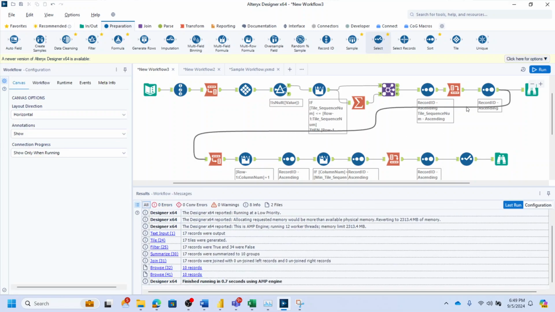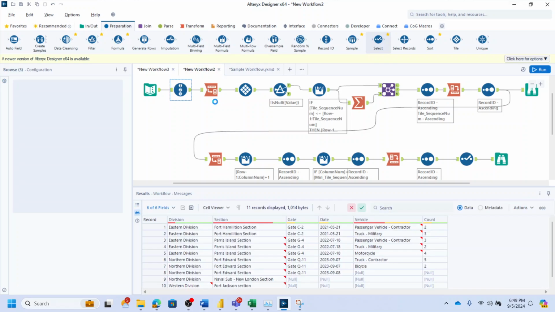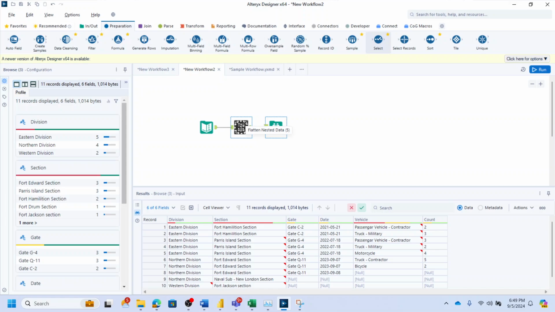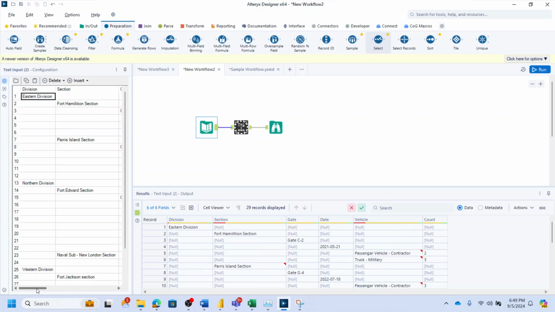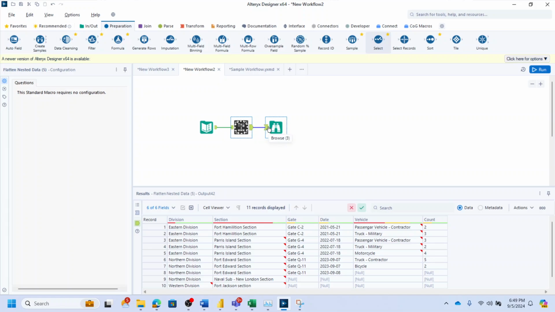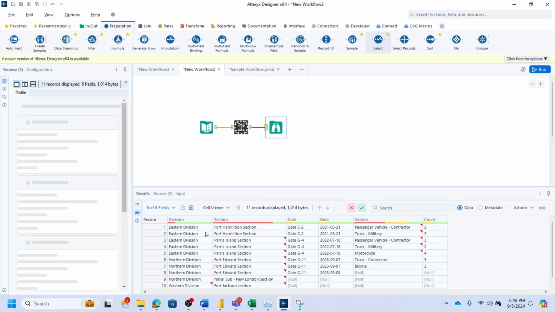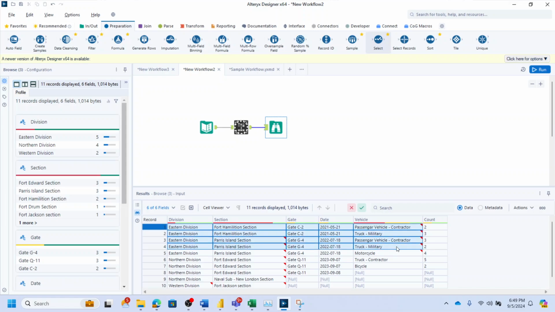You can either build this yourself as a challenge, or as I discussed earlier at the beginning of this video, you can go to the gallery at the link in the description below and download the Flatten Nested Data tool that I have posted there. It does exactly that. So this is the original poster's input data. You can see a lot more columns. We run the exact same workflow we just built, but now in one handy macro, and it does exactly the same thing, normalizing all of that data